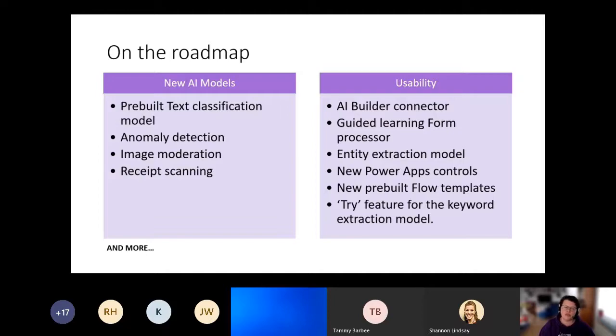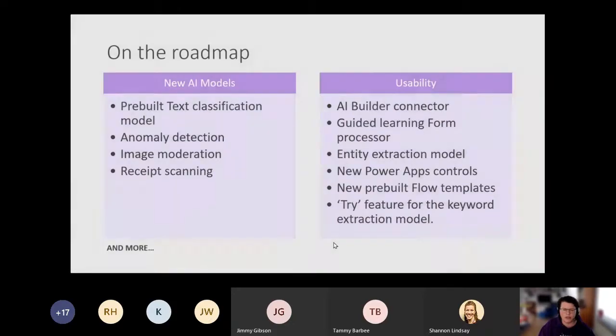But what will be available in the near future is that you can actually use the models directly from within Power Apps. They will add new pre-built flow templates to make it even quicker to create flows with AI Builder, and a try feature for the keyword extraction model will be available.